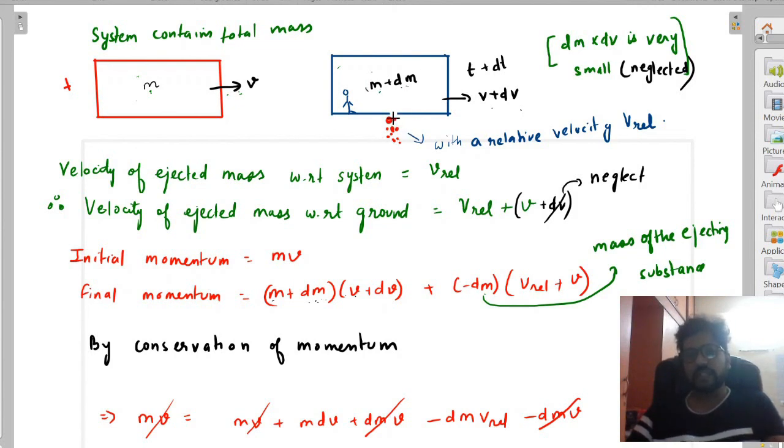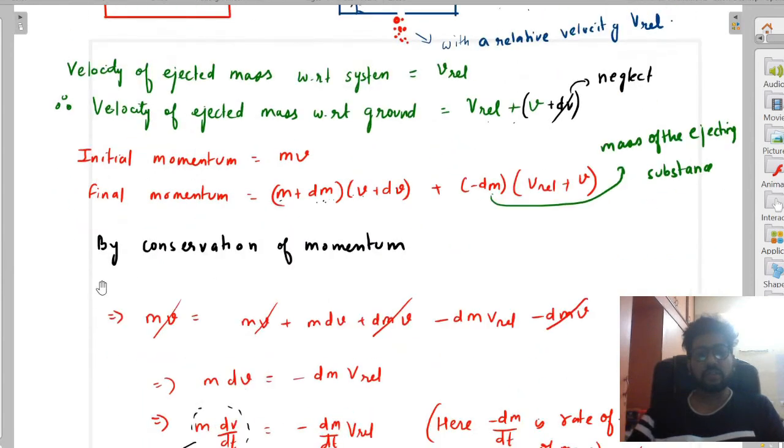So you will say that this mass is minus dm. Why minus dm? Because dm is negative. Why? Because it is ejecting, right? So minus dm into v relative. The velocity of the ejected mass with respect to ground is v relative plus v. Now by conservation of momentum you will equate these two, and once you equate these two you will see